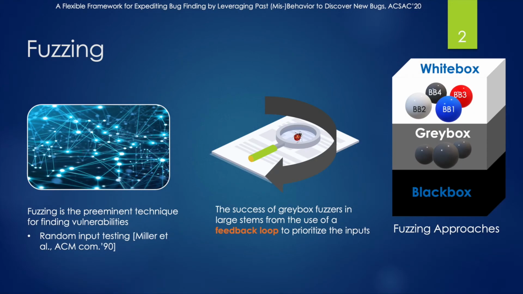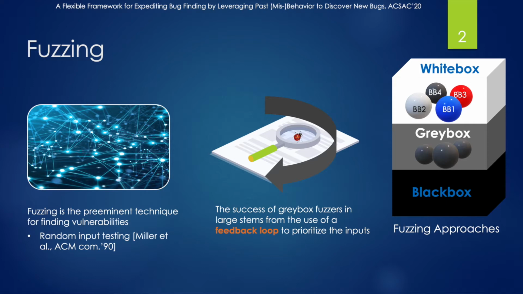Fuzzing has emerged as the preeminent automated technique for finding vulnerabilities in software. Since the foundation led by Miller et al., various fuzzing approaches have been developed. And in recent few years, we have seen lots of great work in fuzzing that have advanced the field further, ranging from black box approaches that perform random input testing to gray box approaches which leverage execution information to guide fuzzing, and white box approaches that use advanced techniques such as symbolic execution.